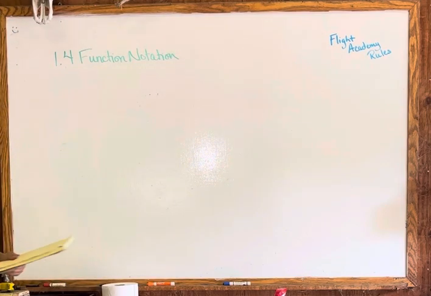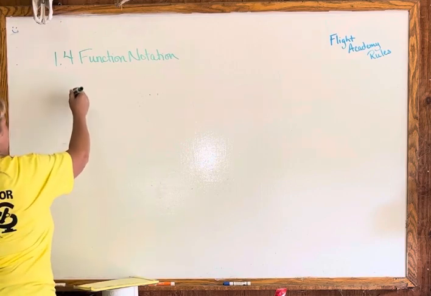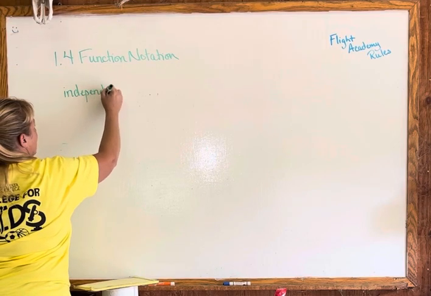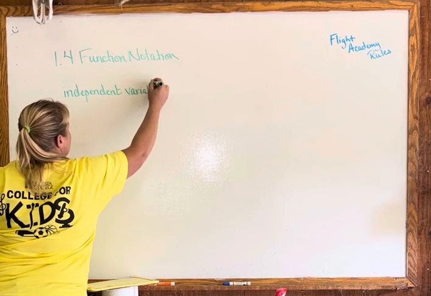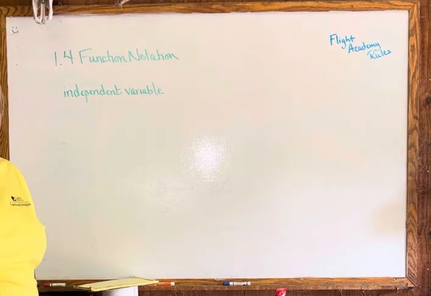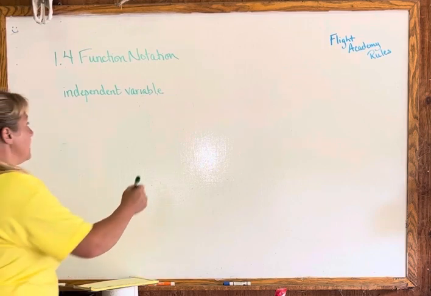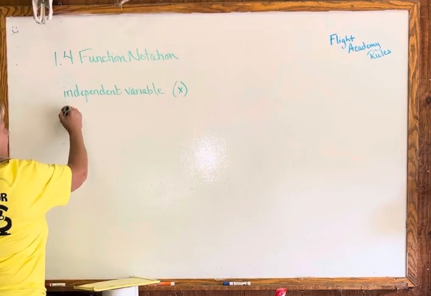And basically what we're going to do is look at our two variables, our x and our y, and we're going to let x be our independent variable. So the independent variable is the variable that you get to choose. In the last lecture, I said something like, if x was equal to 1, then we know what y equals. Well, by just saying, hey, I'm choosing x to equal 1, that's our independent variable. We get to choose what that is. So we're going to let that be our x variable. And then our dependent variable